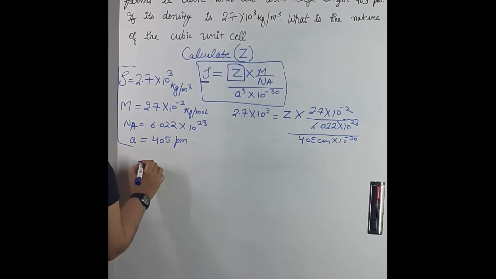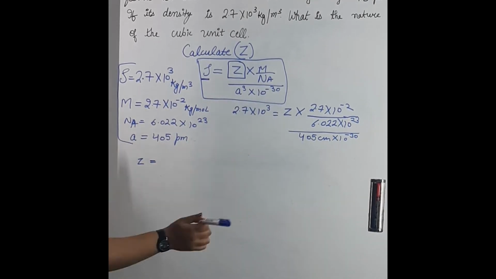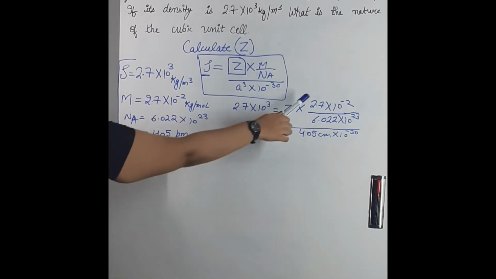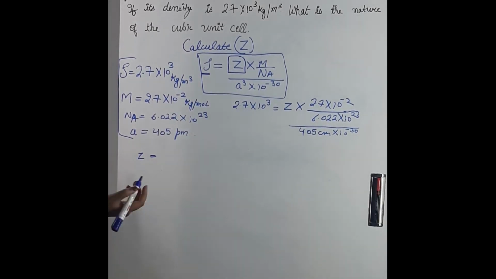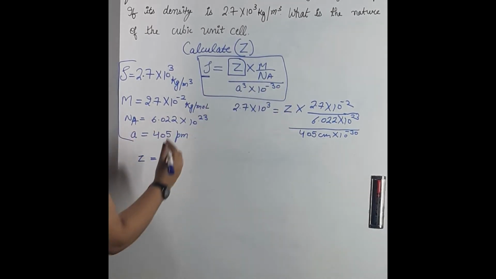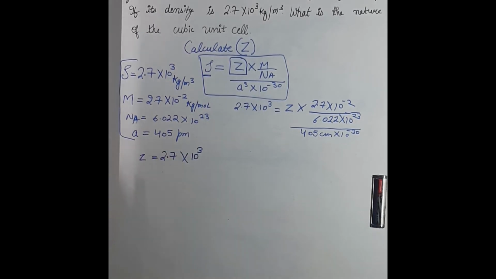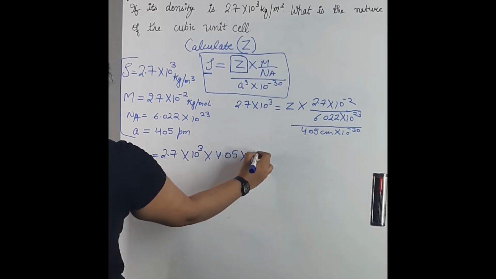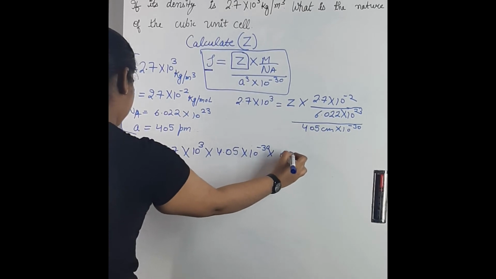And by simply rearranging the terms we will get, here it is in division, so it goes there to multiply, it is also in division, so it goes there to multiply; this one is in multiplication, so it goes there to divide. This is simple math, students, as we have done in our 9th to 10th class. So by solving these, 2.7 into 10 raised to power 3, let me write it for you, multiplied by 405 into 10 raised to power minus 30, I have converted it to meter from centimeter,